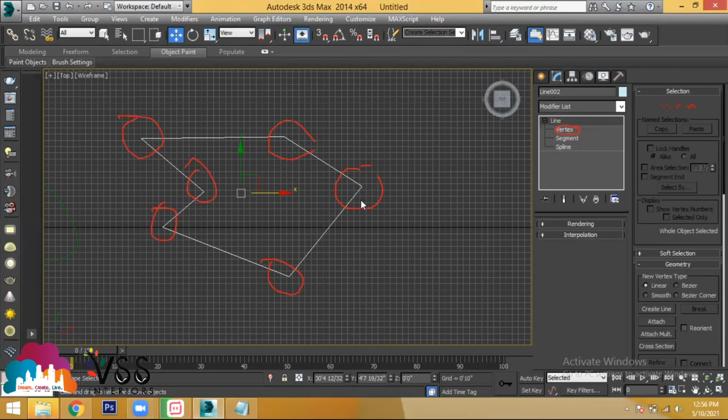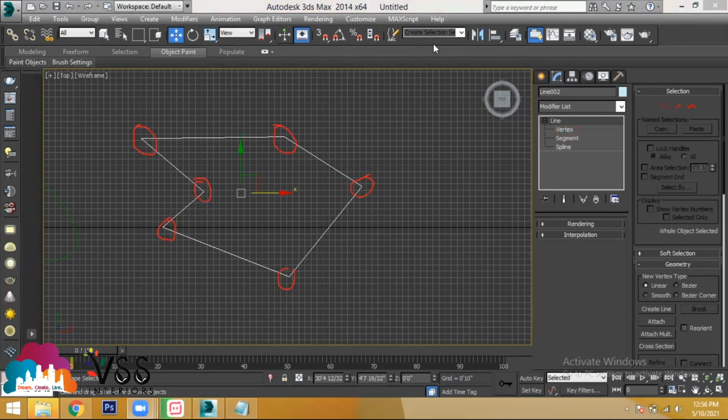No. Are you able to see the endpoints on the object? Yes or no? No, sir. You're not able to see, right? Because the selection is in line selection.